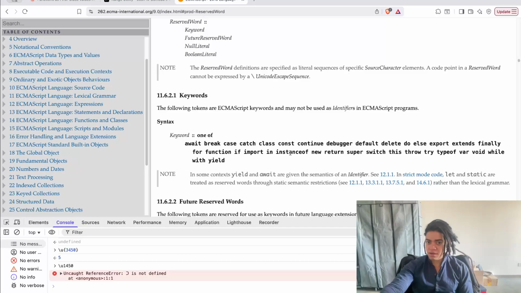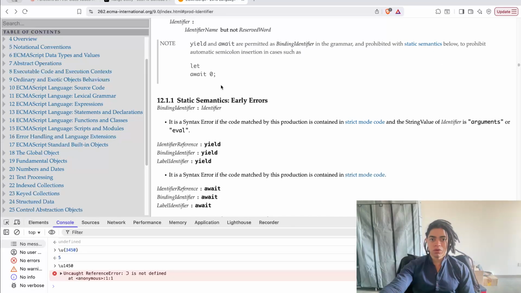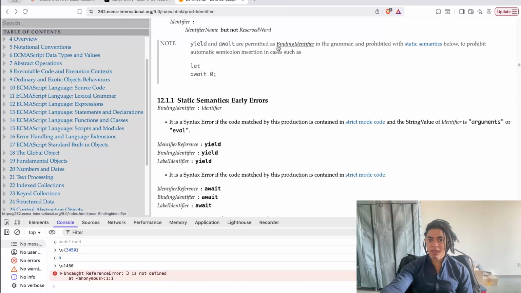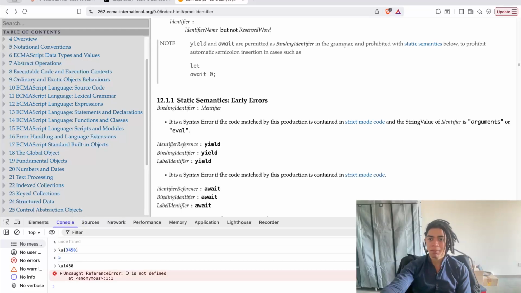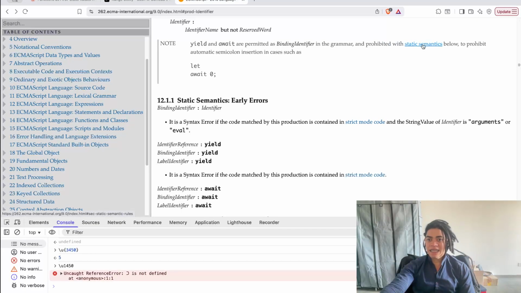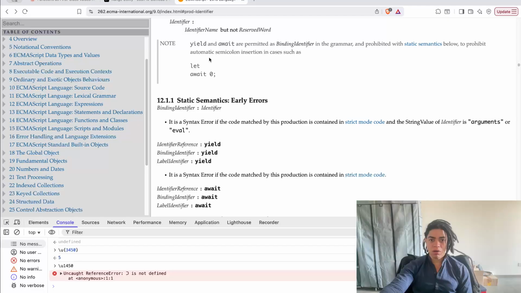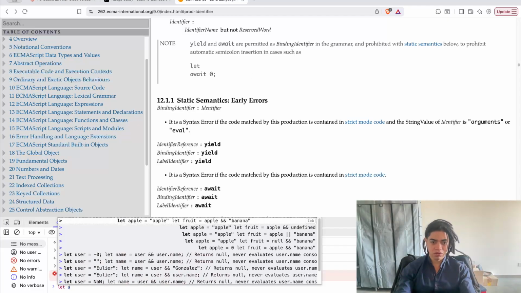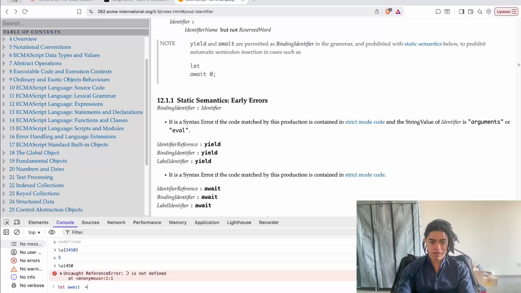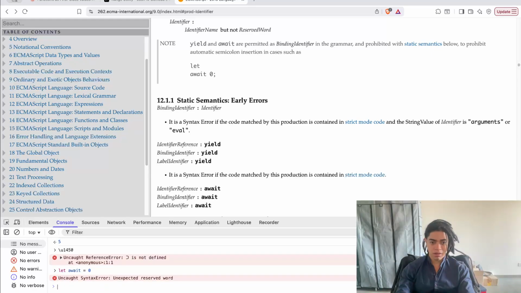Finally, for, if, import, none of this. Try, typeof, var, void, while, with, something that we're not gonna use, and yield. Yield and await are permitted as a binding identifier in the grammar and prohibited with static semantics, to prohibit automatic semicolon insertions like this. So for example, we can do something like await and say something like this. It is a reserved keyword, all right, but in some context or yield,